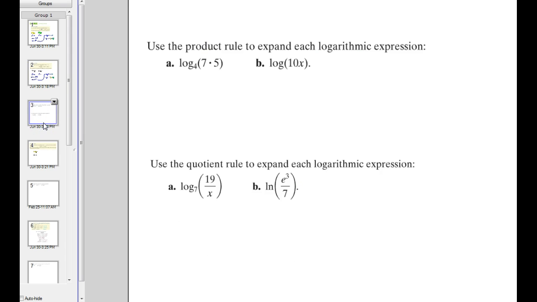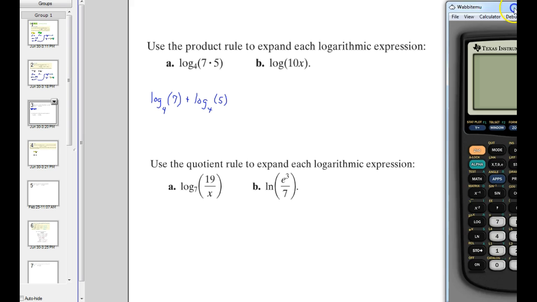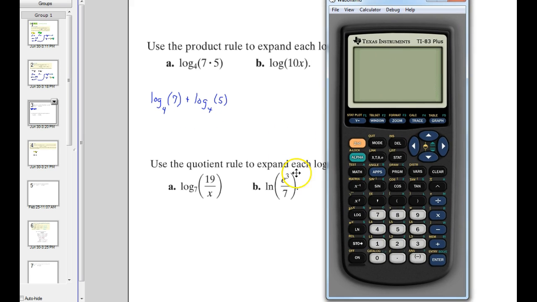Alright, now let's use the product and quotient rules and show how we actually do this stuff. Now, the log base 4 of 7 times 5. According to the product rule, we can take each of those two numbers, the 7 and the 5, and give them their own logarithm, and it's still completely valid. Now, again, we're going to, in just a couple more minutes, have the way to put this into the calculator, but for now, just know that